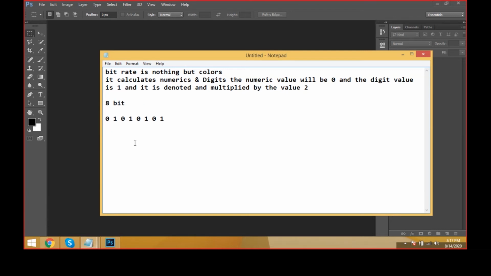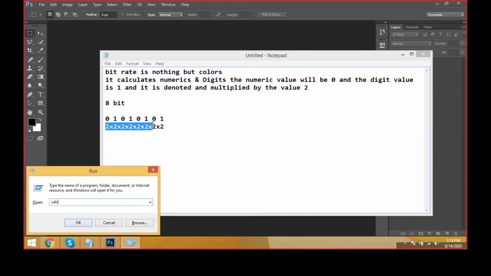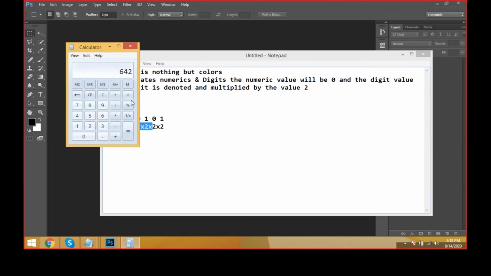And come to here: 2 into 2 into 2 into 2 into 2 into 2 into 2 into 2. 2 twos are 4, 4 twos are 8, 8 twos are 16, 16 twos 32, 32 twos 64, 64 twos 128, 128 into 2 is 256.